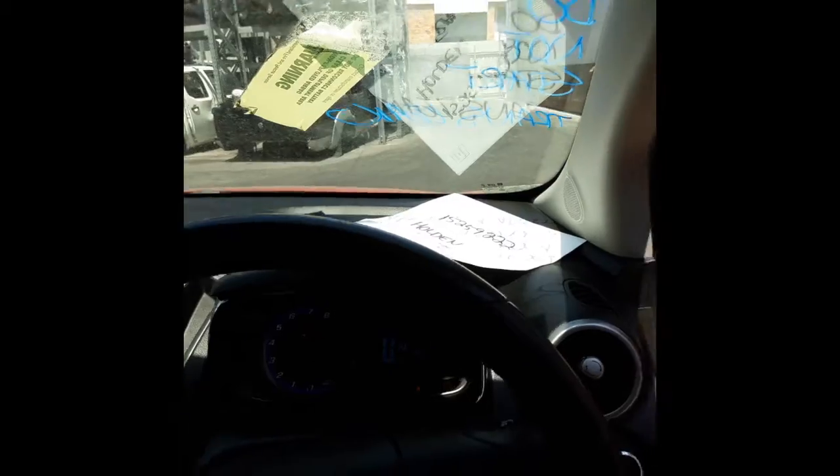Heating controls, it's got a factory touchscreen MyLink media player, interior mirror, courtesy lamp, left hand sun visor, right hand sun visor, instrument cluster, vehicle's done 59,000 kilometres, and a tidy leather 3-spoke steering wheel with cruise audio and phone